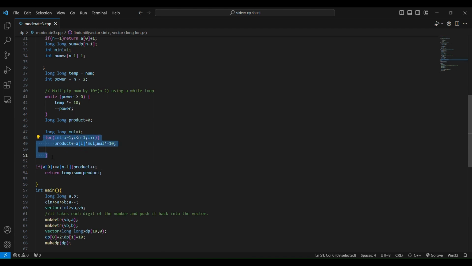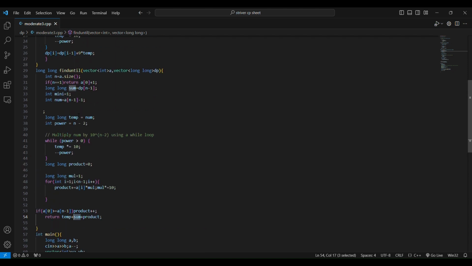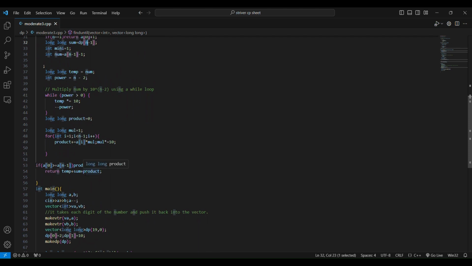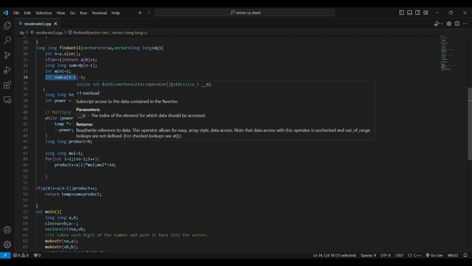We finally return this sum, which is dp of n minus 1, and the product, which is about the number of integers occupying the middlemost digits. And temp is simply the number which is a of n minus 1 into 10 to the power of n minus 2, that is find until. So why we